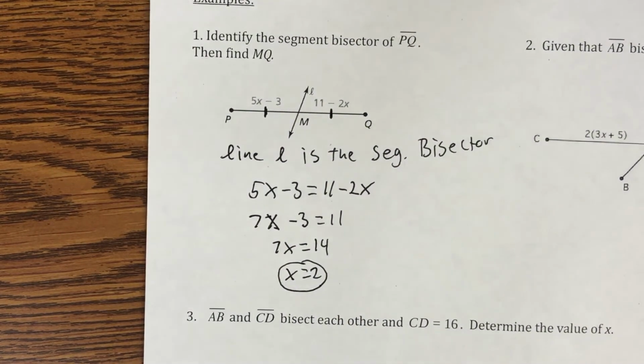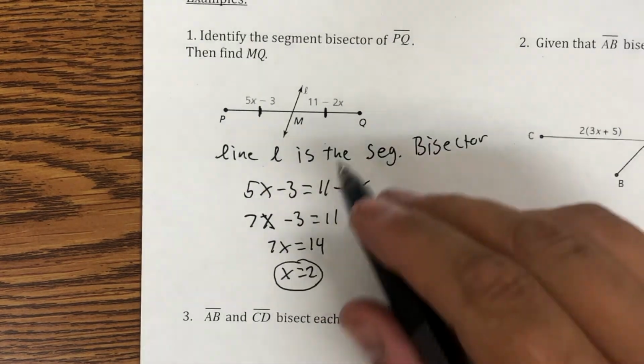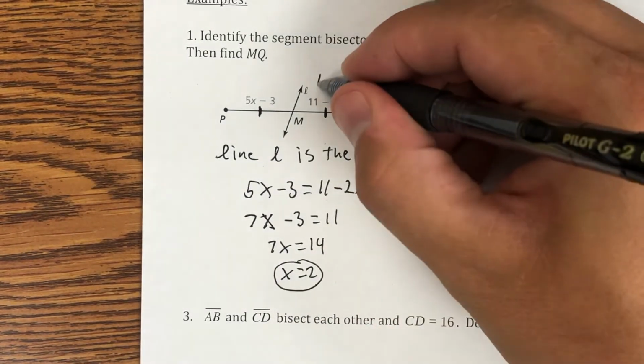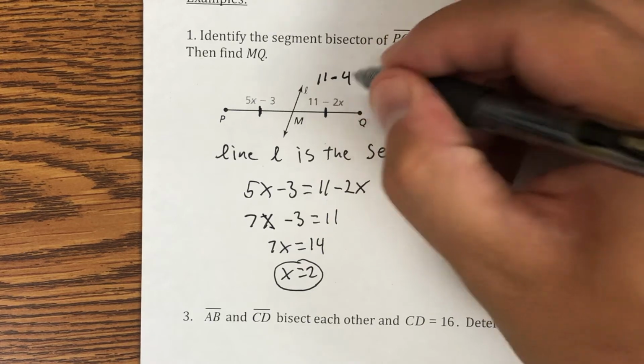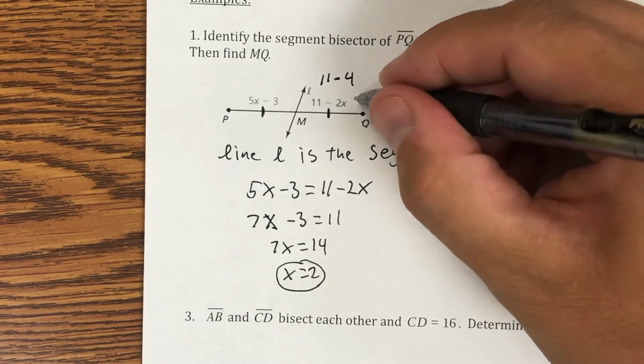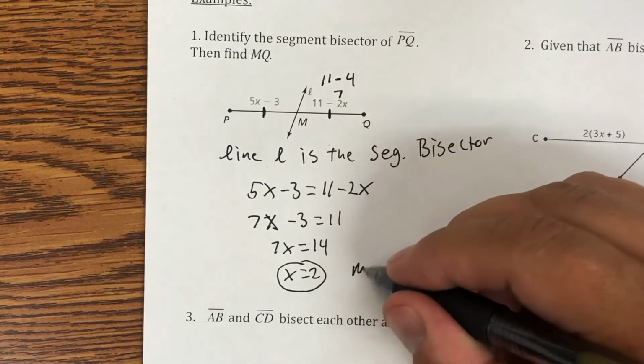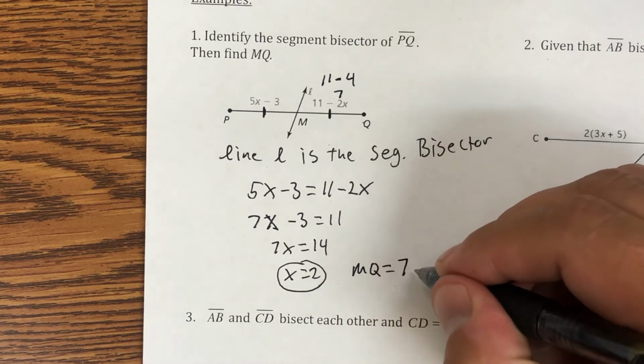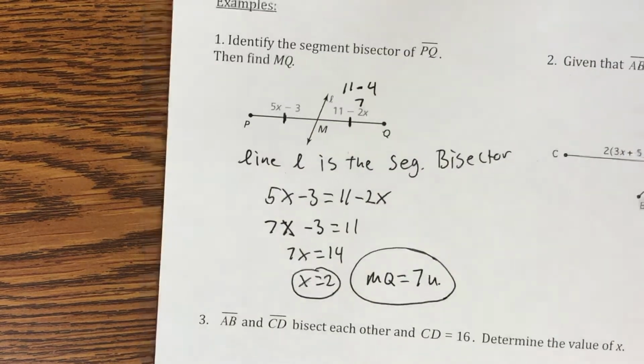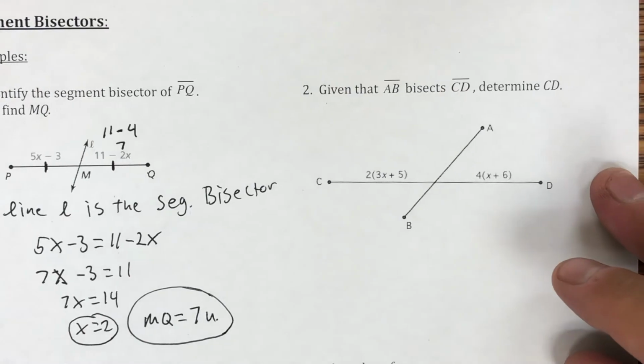We are supposed to find MQ, so we have to put 2 back in. So that would be 11 minus 4. 2 times 2 is 4, and we get 7. So MQ is equal to 7 units. All right, next example says,